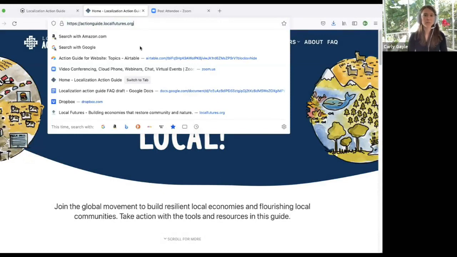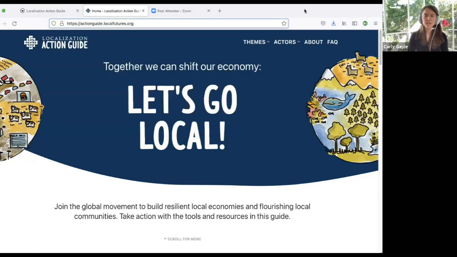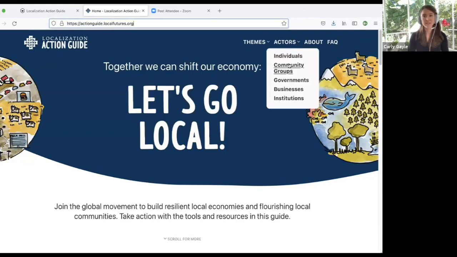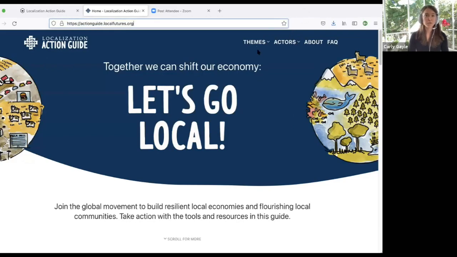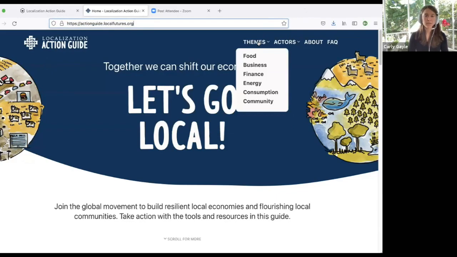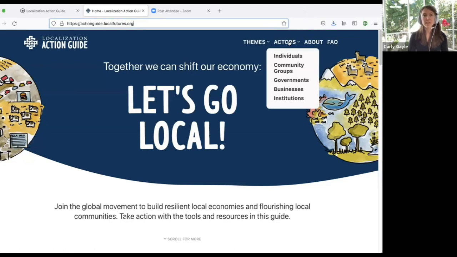Actionguide.localfutures.org is the URL. This guide is currently centered on our 146 actions, and you can find these through two structures in the top menu. The first one is themes, such as food, energy, and community. The second menu is actors. This is where you can find actions that will work well for whatever sphere you're working in, whether it's